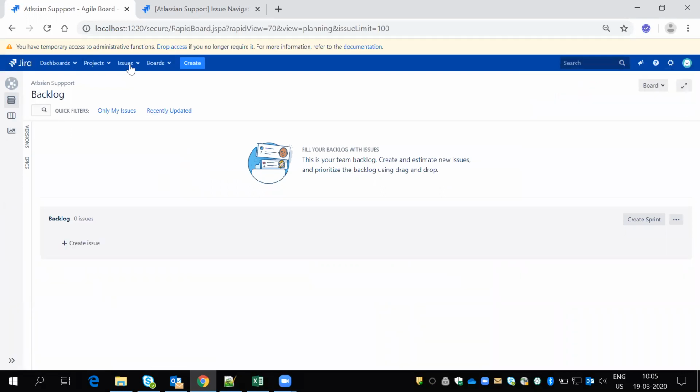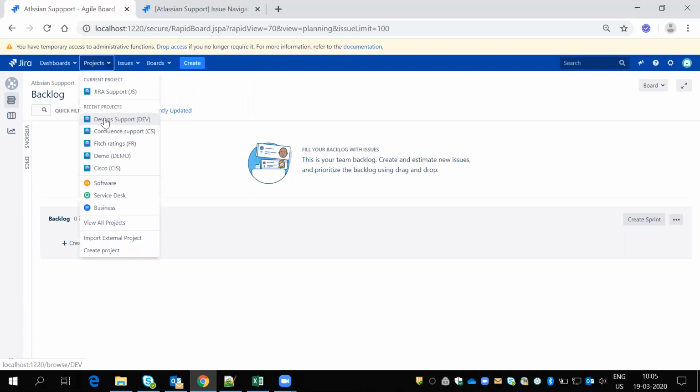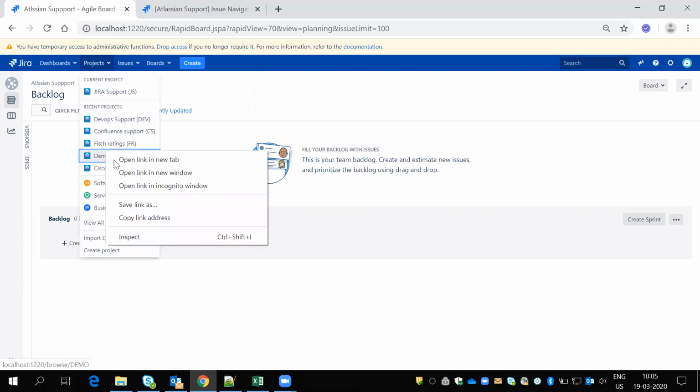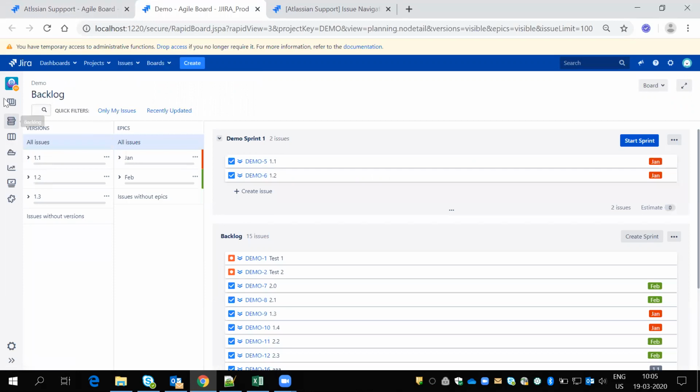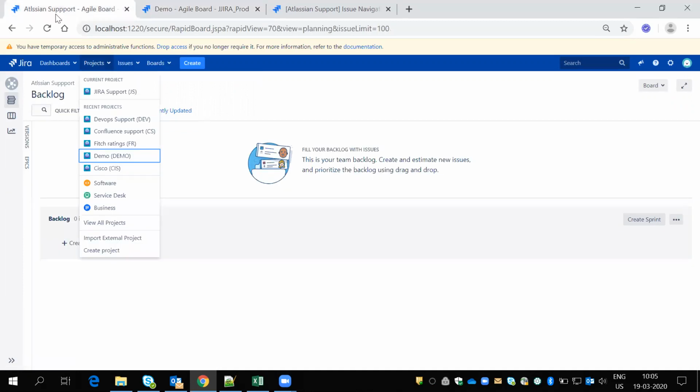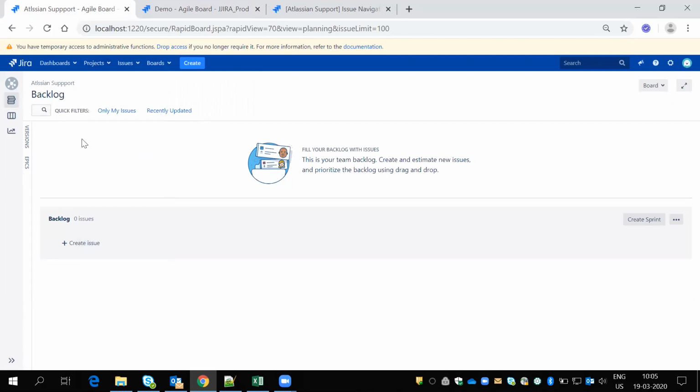Yesterday we were discussing the same thing: if you delete the project, the board will still be there, and it will look like these options only. And if you look at a project, suppose I click on this dev project, it looks like this, with the epic, version, and all these options. But here they will not come because there is no project here.